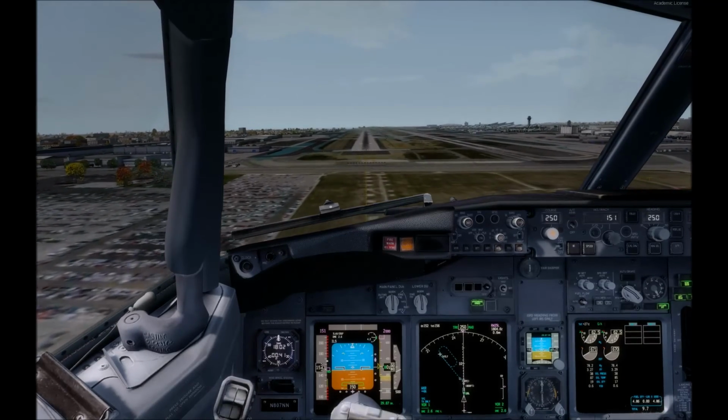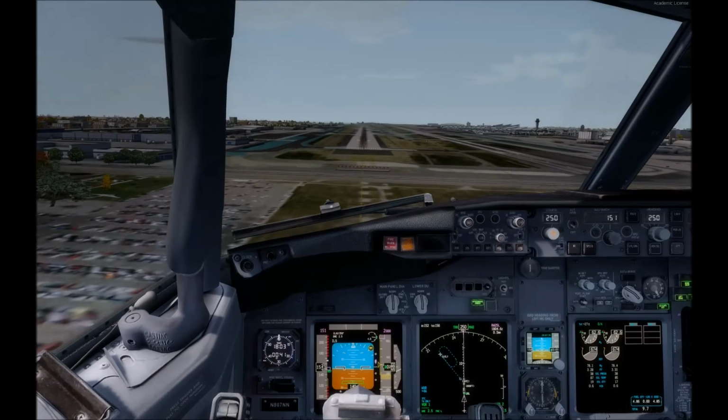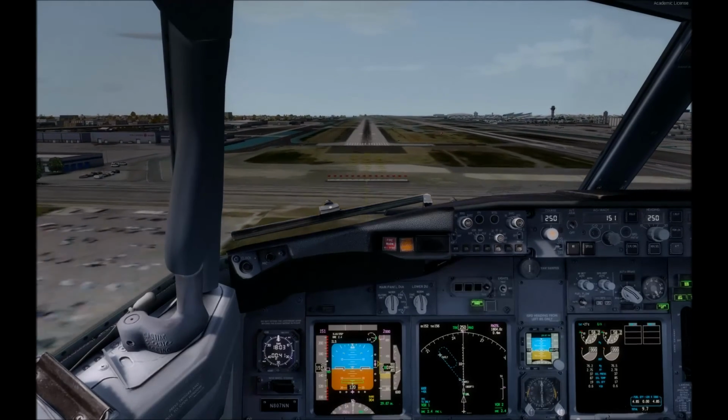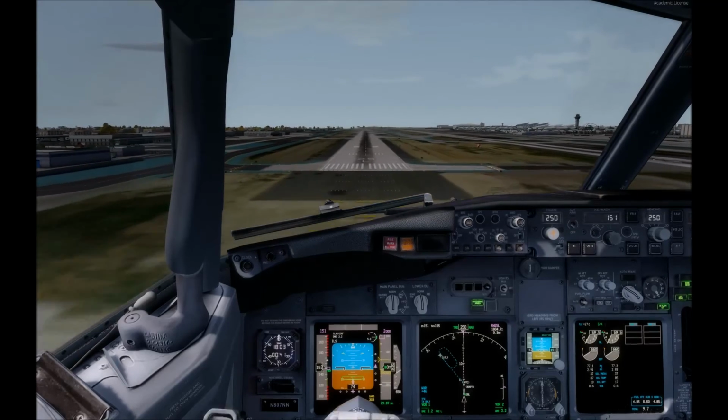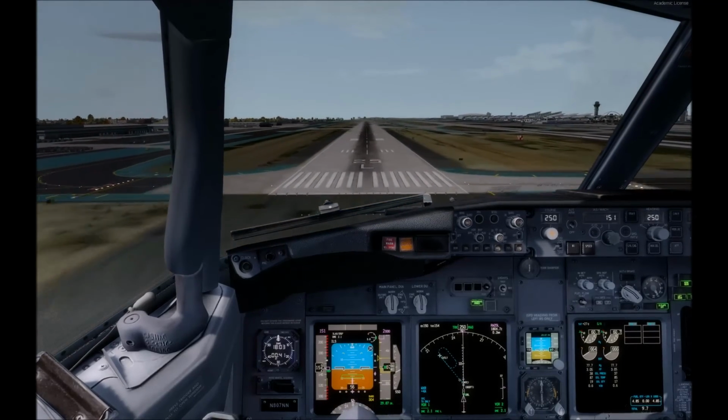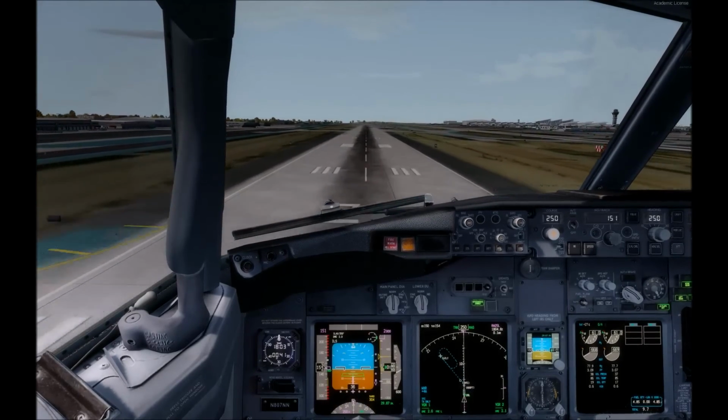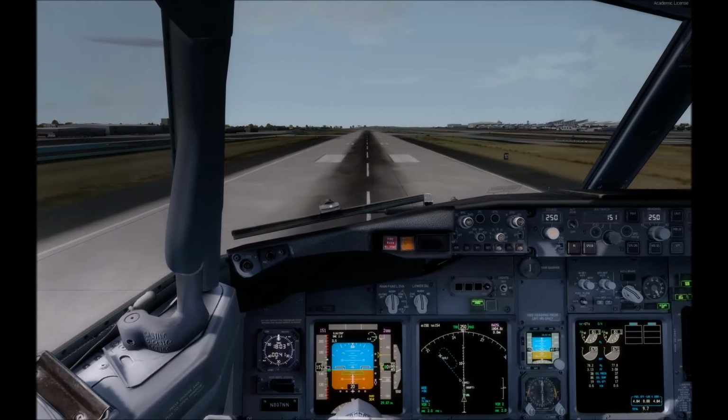There are our minimums callouts. We're landing. 100. 50, 40, 30, 20,